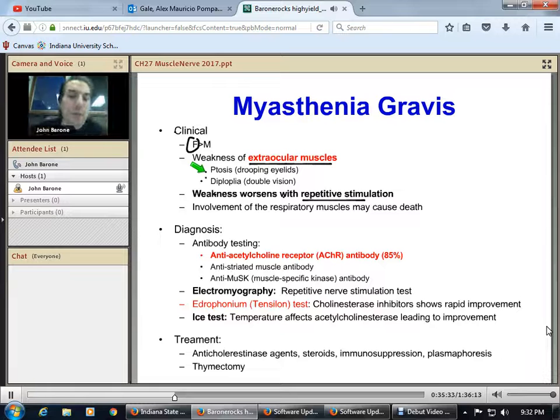So double vision and lid droop at the end of the day is absolutely classic. The more they use it, the weaker it feels. So myasthenia patients want to sleep because in the morning, they'll be fresh again. At the end of the day, they're the worst. They want to sleep. Now, if you get a crisis, this can involve respiratory muscles, and that can lead to